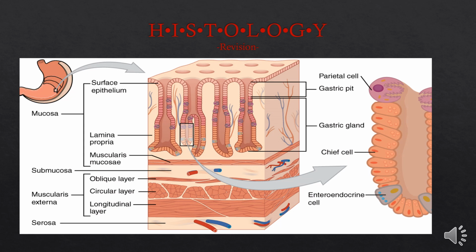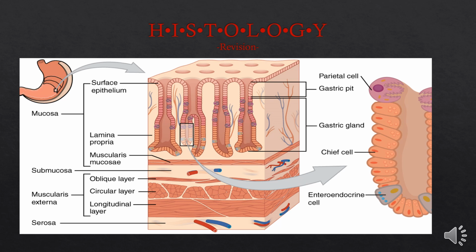The mucosa undergoes massive changes when we look at the stomach after having looked at the esophagus. One of these changes is that the epithelial layer of the stomach is a columnar epithelium, whereas the epithelial layer of the esophagus is a stratified squamous epithelial layer. Even though the segments of the stomach make up a part of the same organ, they still have slight differences in histology. And although these differences are important, today we will take a look at the fundal region of the